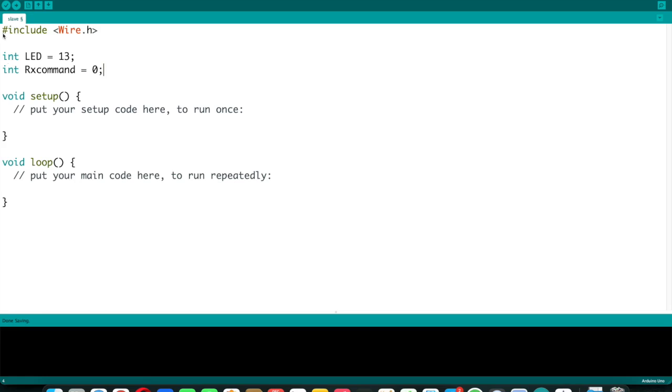The rx command will be the value received from the master, or received from the I2C bus. In the master code I had the tx command, the transmit command, which is the data that will be transmitted on the bus. Here, the rx command is the receive command, the data that the slave received from the bus. It needs to put it in a variable. So here, data to be received from master, and here the LED connected to pin 13,